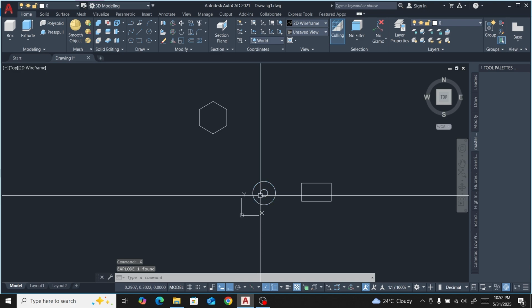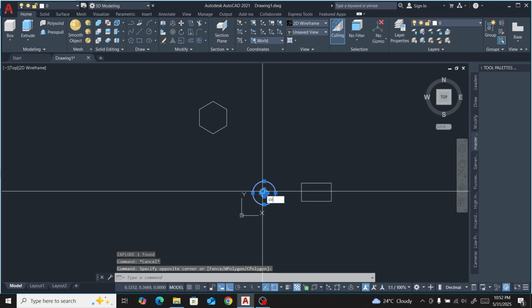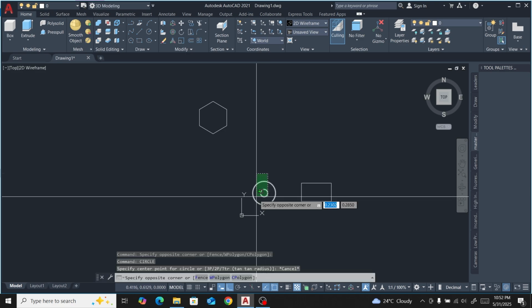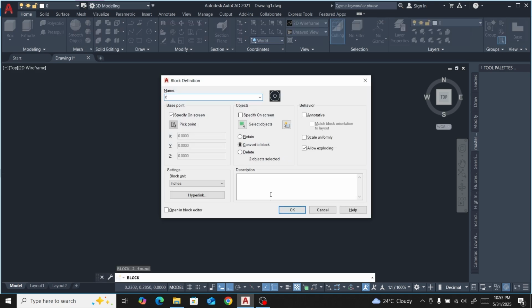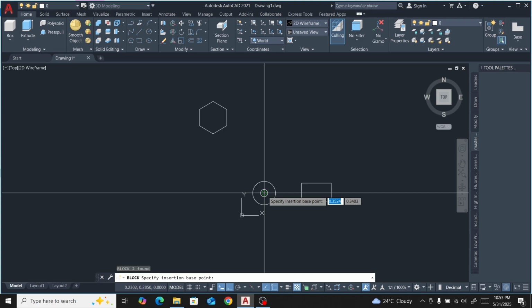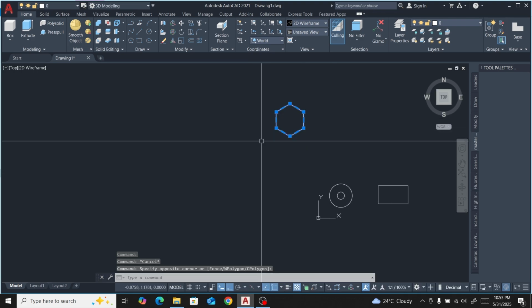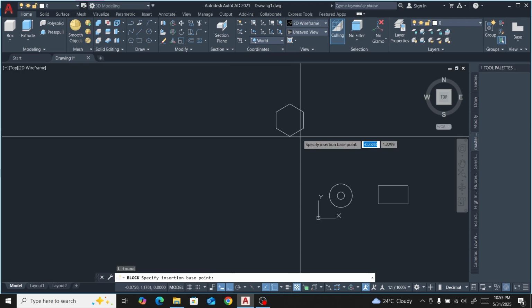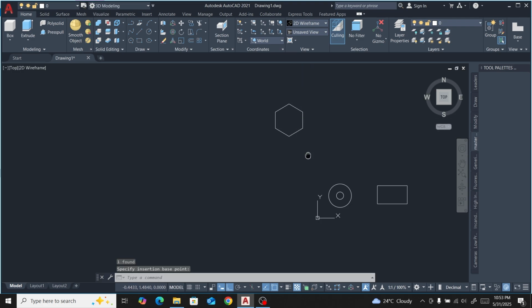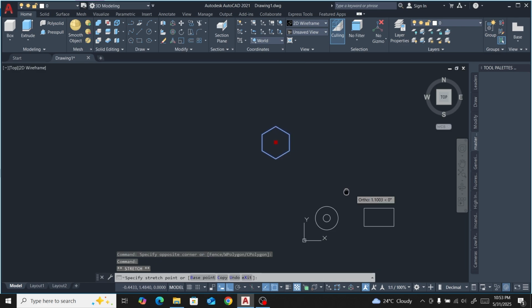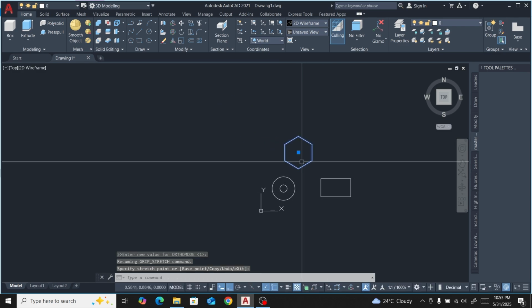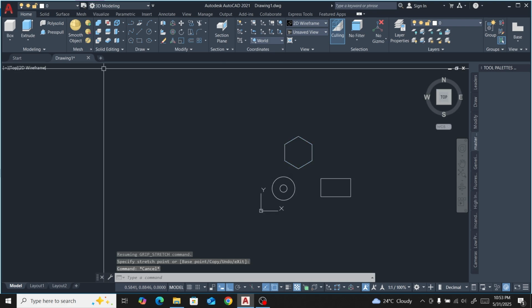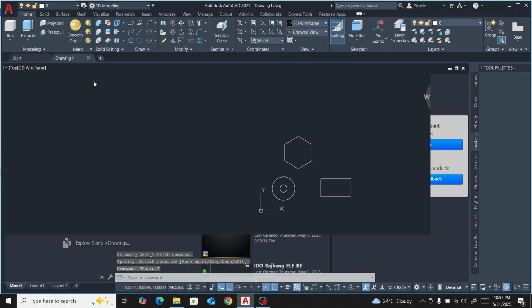I'll also export this one and create a new circle, a new block. It's a circle. Click here. And another block is a hexagon, six sides. So I have created three blocks here. One, two, three blocks here, and I want to use the same block